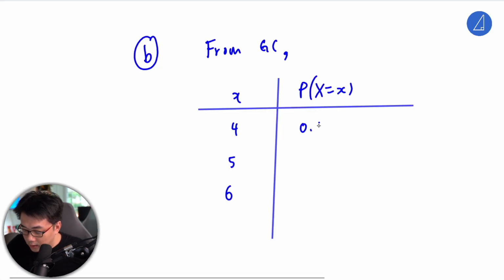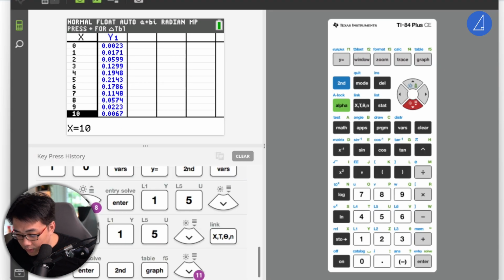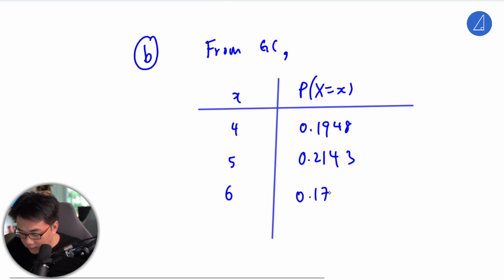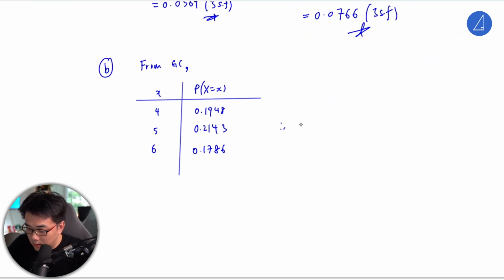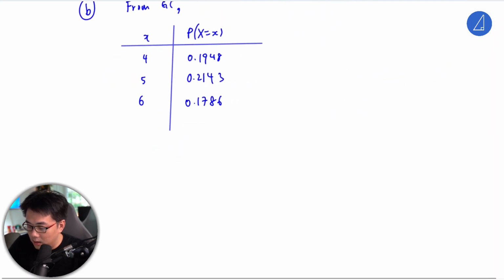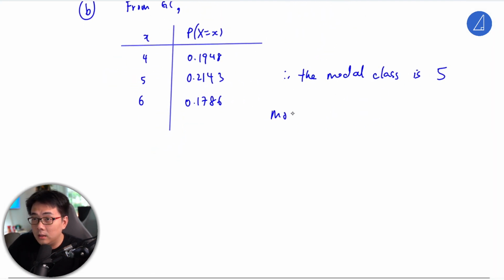This is 19%, I believe. 4, 8, 5 will be 0.21. For 3, 6 will be 0.1786. Okay, so hence the modal class is 5. Okay, 5 will mean that so most likely amount